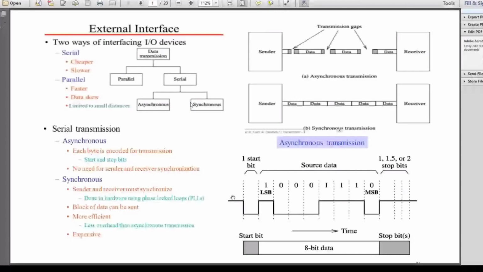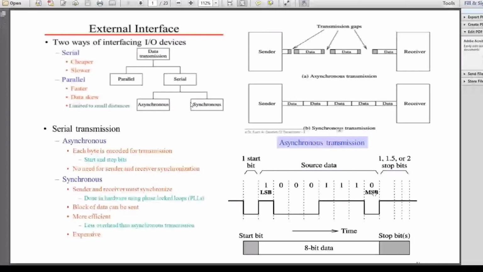After a spacing pulse, the data bits will be transmitted as required. 1 means a high, 0 means a low. So this part to the other part is our LSB to the MSB. As time goes on, from the LSB, lastly the MSB will be sent. And at the end we have 1, 1.5 or 2 stop bits following. So this is one frame of data. This is called encoding of the data.